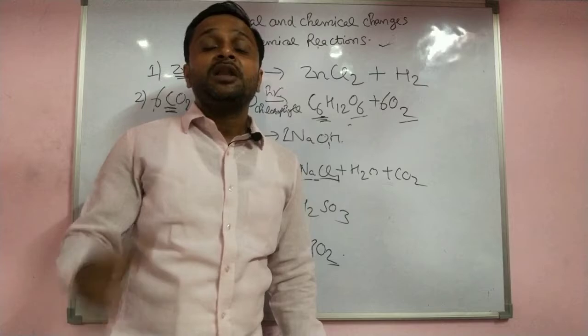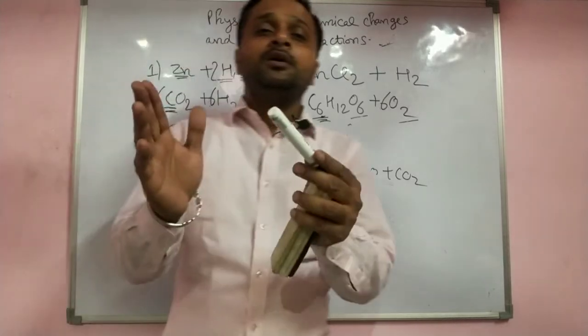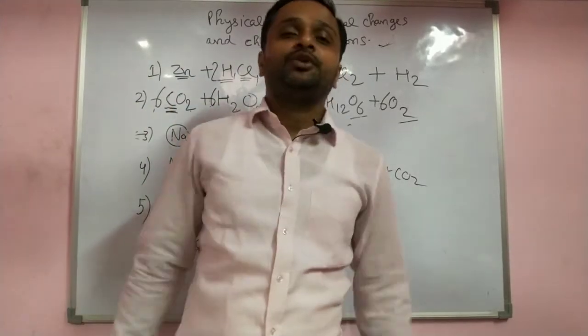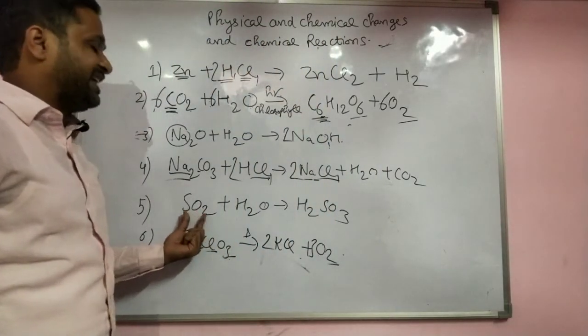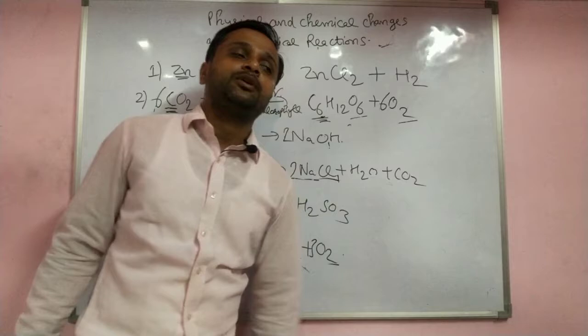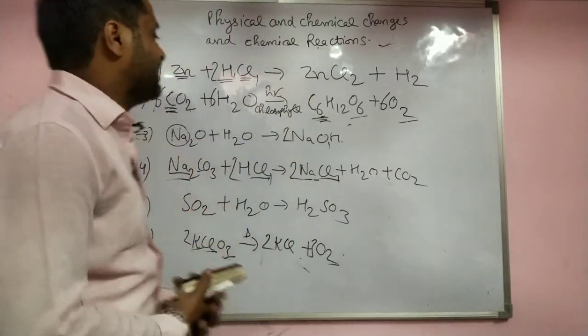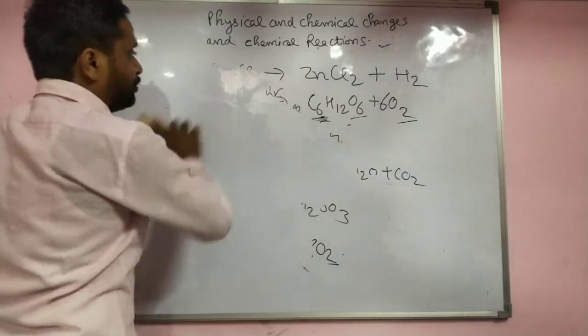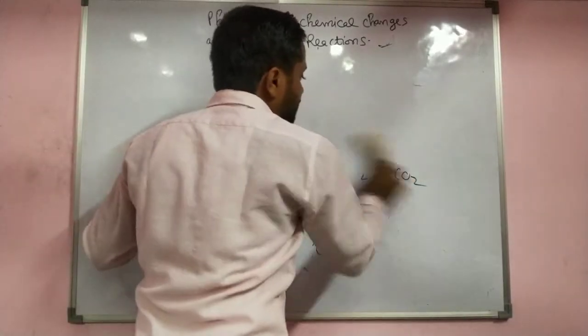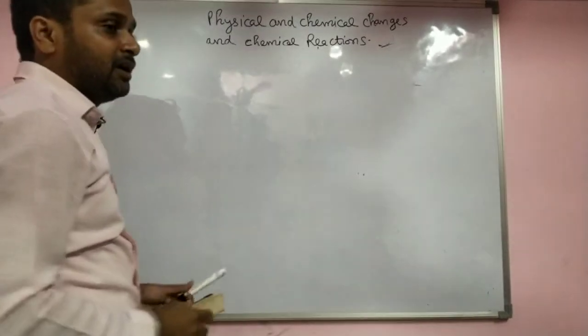First you see the number of elements or components on both sides. You should balance the reaction. First of all count on the reactant side, then the product side. If the same, then it is a balanced reaction. Another example now, you see for the decomposition and combination reaction. You should guess if it is a combination reaction or a decomposition reaction.